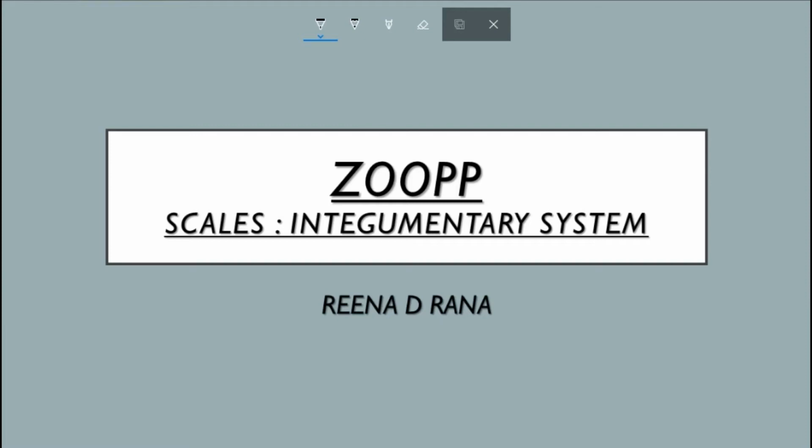Okay, so welcome again. This is the third lecture of our comparative anatomy of the integumentary system. We were discussing scales. We have already discussed the placoid scale. Now the rest of the scales in fishes we are going to discuss in this lecture. Okay, so we already discussed the placoid scale,